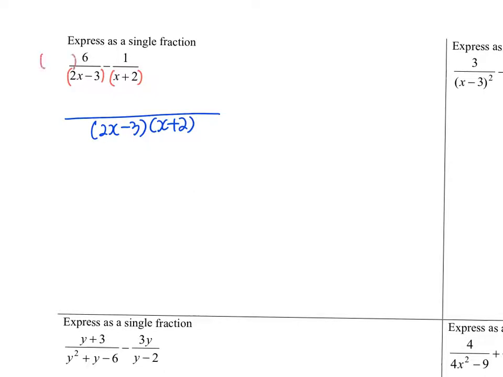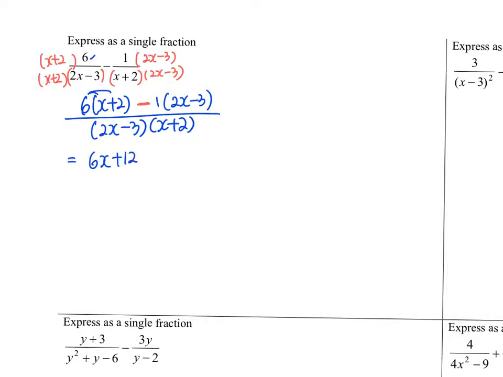So then I will need to multiply x plus 2 here, and then this is 2x minus 3 over here. So now I'm left with the numerator: 6 times x plus 2, subtract the numerator 1, multiplied with 2x minus 3. So I will expand my numerator. I'll get 6x plus 12 minus 2x. Negative times negative will now become plus 3